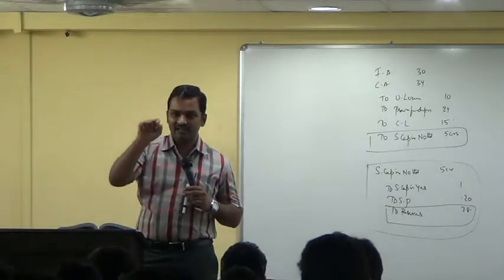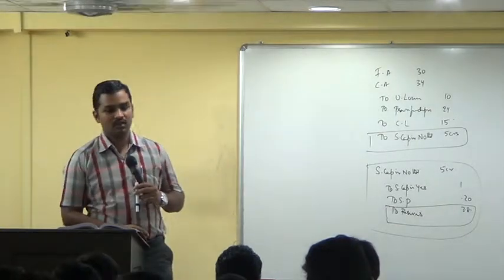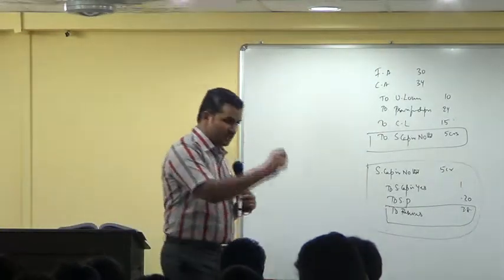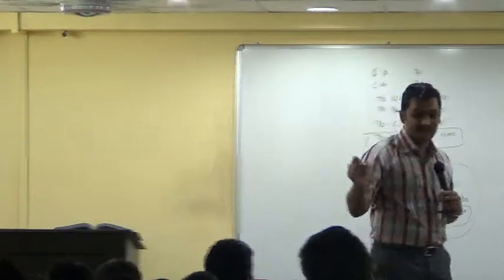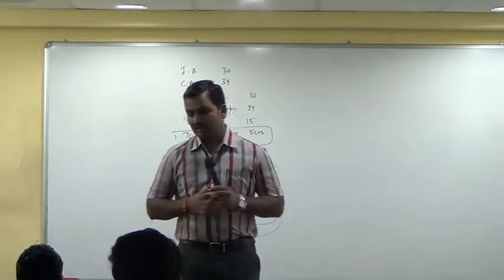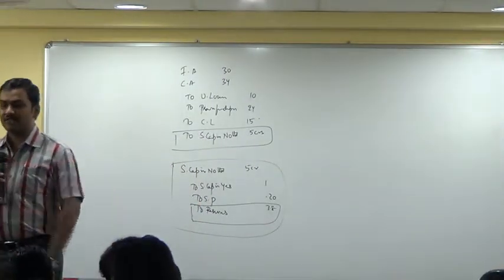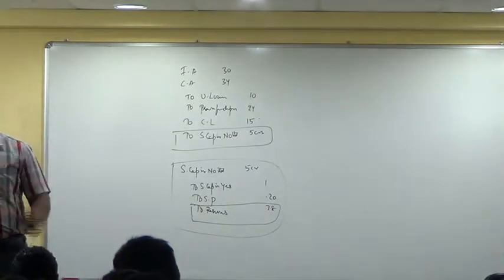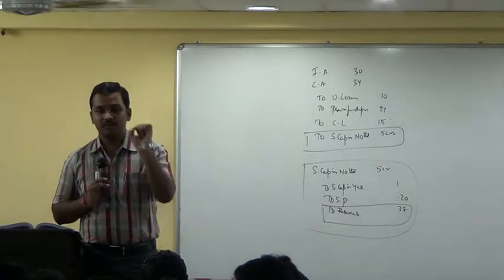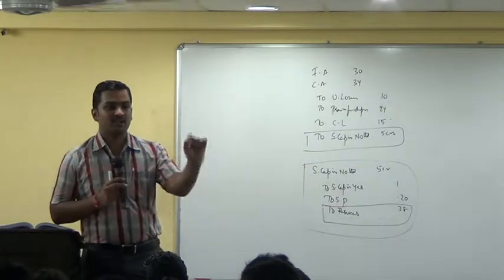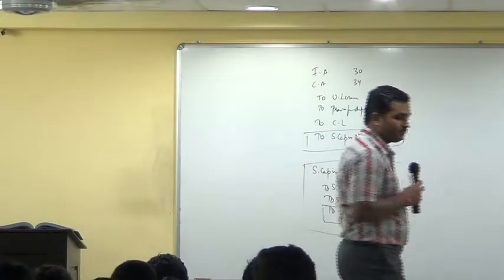So type on your calculator, 80 divided by 5 into 4. 64 lakh equity shares allotted at an issue price of 12.5. Write down in your notebook. How many equity shares have to be allotted? You write 64 lakh equity shares of face value 10 rupees each, allotted at a price of 12.5, because we are going to collect 2 rupees 50 paisa premium.